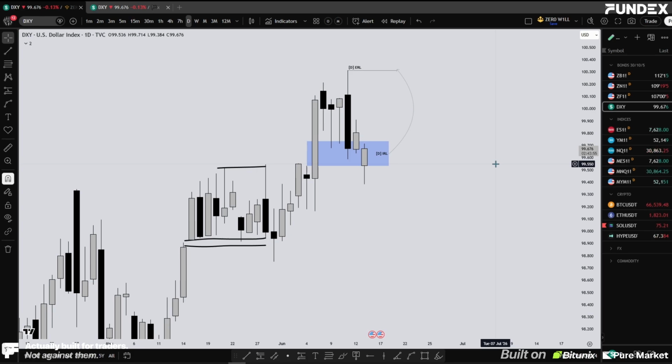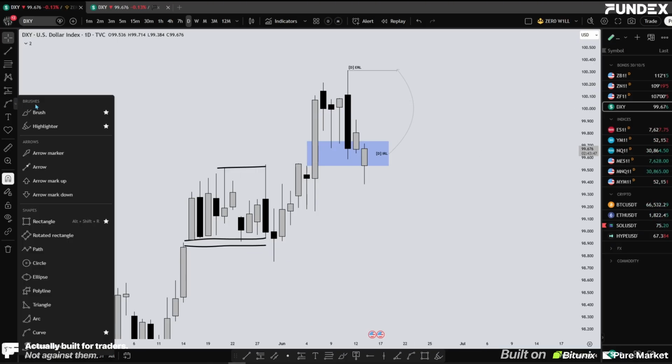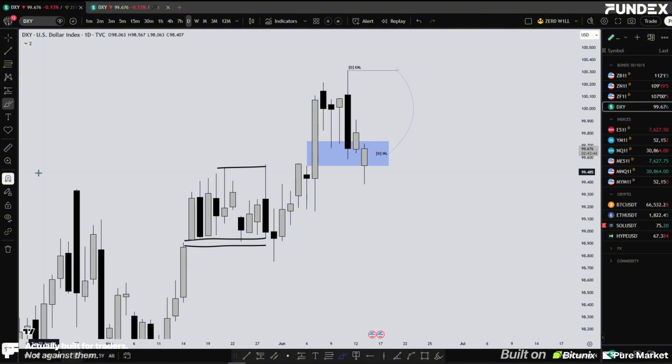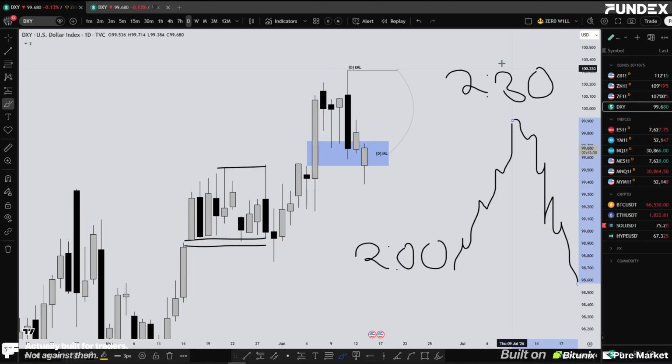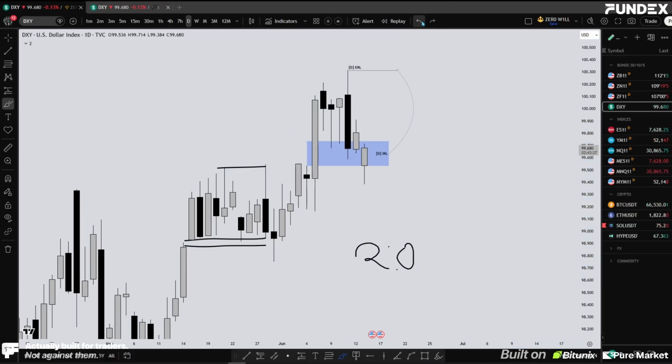I just wouldn't trade the actual FOMC event if you're not that experienced. But if you've been around for a while, we already know that for FOMC we always expect the 2 o'clock move, right? And if the 2 o'clock move looks like that, then we expect the 2:30 to reverse whatever happened there. So if you are going to trade FOMC, expect a 2-stage event. I would wait till 2:30 to actually start trading. But yeah, we're going to be bullish dollar until we get this inversion, but we're going to be cautious because